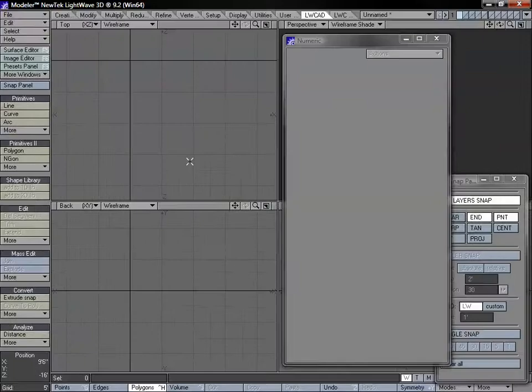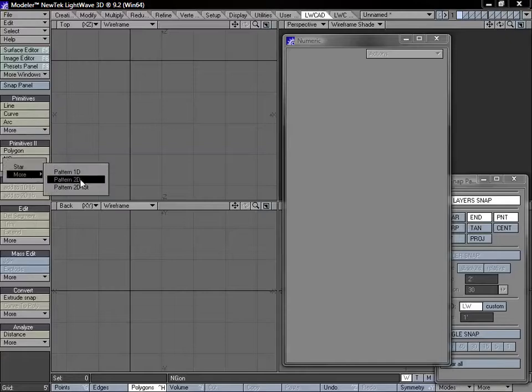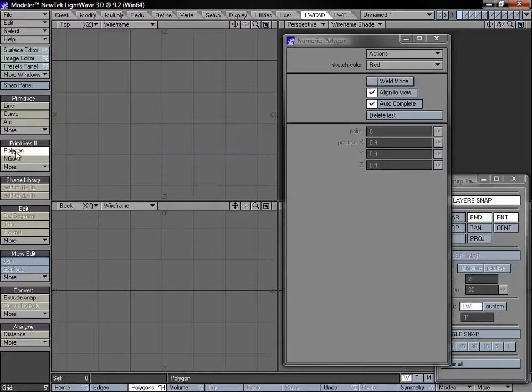Now we're going to take a look at our Primitives 2 tab, which is located right underneath our regular primitives. And you can see we have a bunch of different options in here. We have the ability to create a polygon, Ngon, star, pattern 1D, pattern 2D, and pattern 2D rot. Let's go ahead and start out with the Polygon Tool, which allows us to draw out a polygon similar to